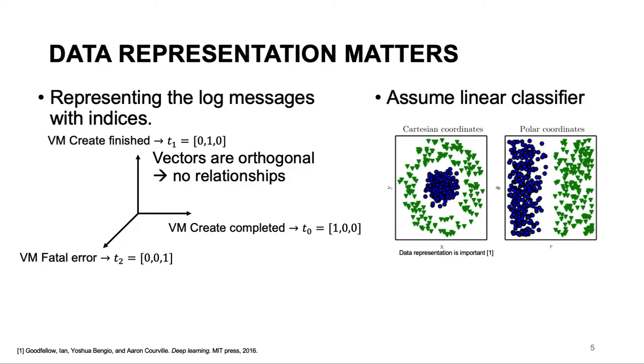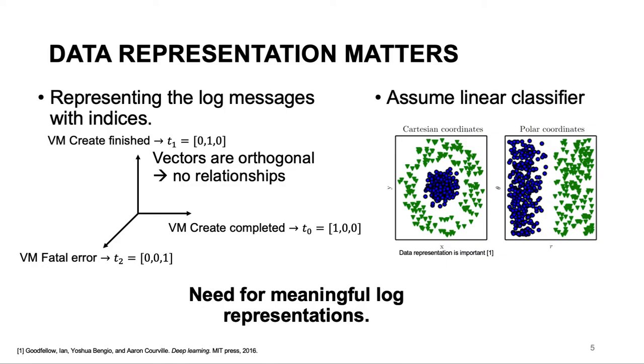To demonstrate that the data representation really matters, we assume a linear classifier, and on the left image we have the points in Cartesian coordinates, and with the linear classifier there is no way to separate them. However, if we change to polar coordinates, as in the right image here, then we are able to perfectly separate them. So the data representation matters, and it changes the whole problem basically. So we need meaningful log representations,